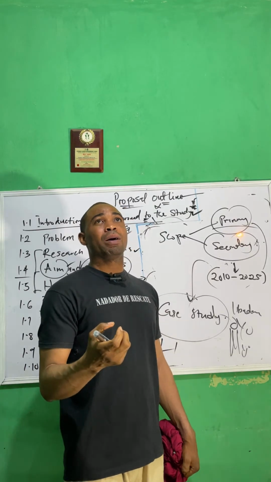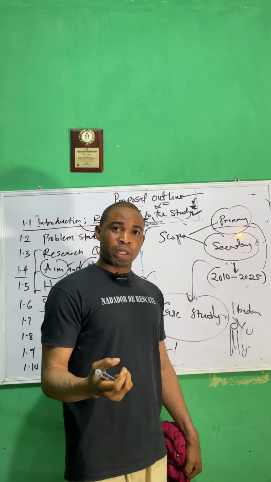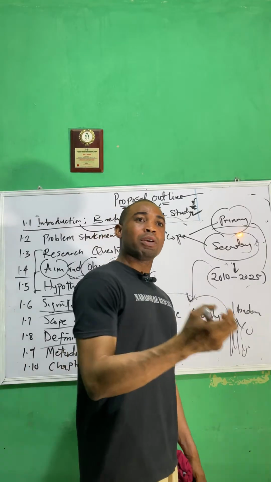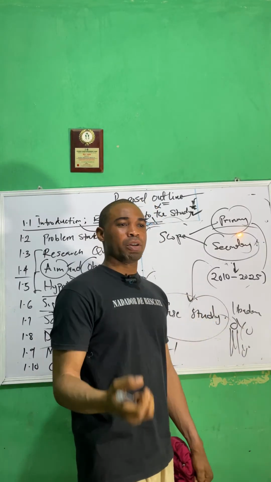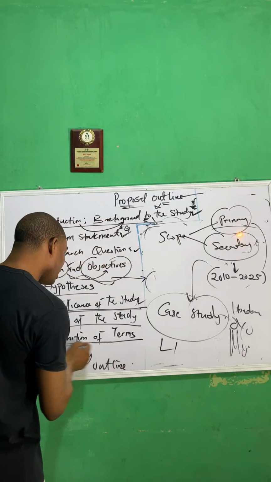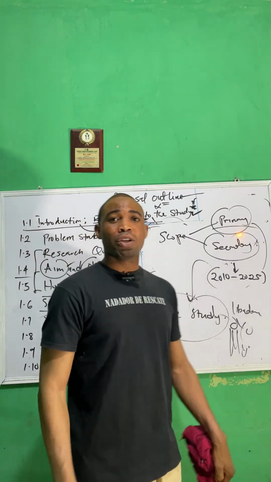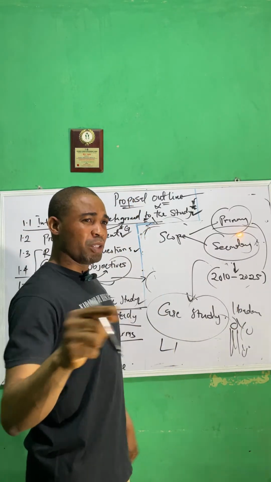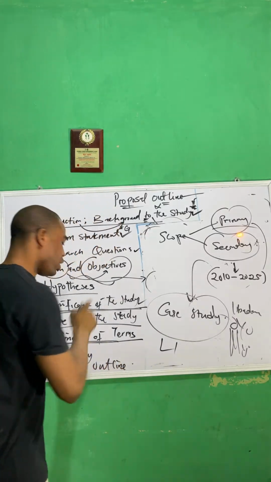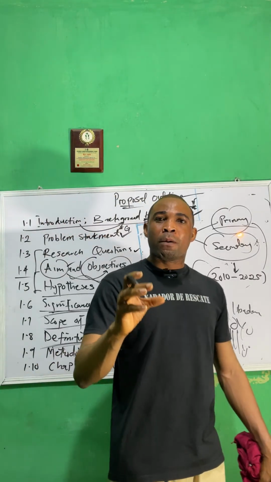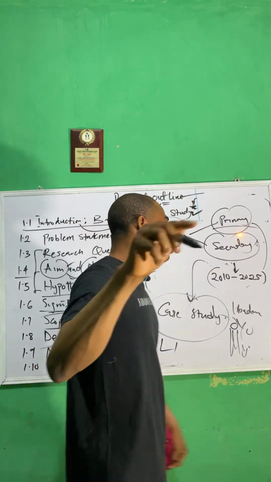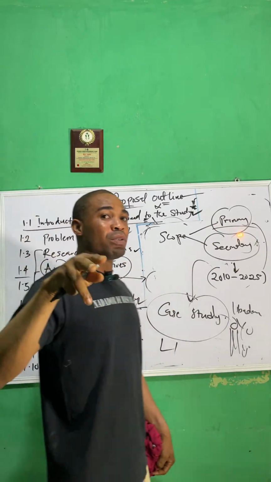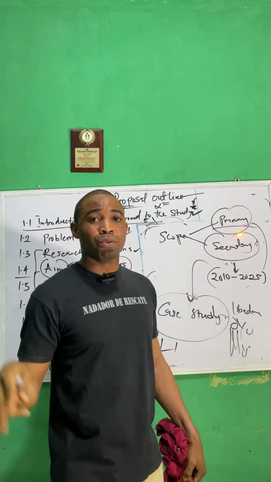It's just like when I'm talking about logistic regression. Logistic regression will be easily understood by someone in the faculty of management and economics. But somebody in the pure sciences like mechanical engineering will not understand logistic regression. So in the definition of terms you give the meaning of logistic regression, so that people going through your paper, when they get to a certain point and wonder what the meaning of logistic regression is, can go back to your definition of it. If they find anything confusing or more technical, they will need to go back to the definition to understand the concept you are explaining. If you don't explain it under your conceptual review,